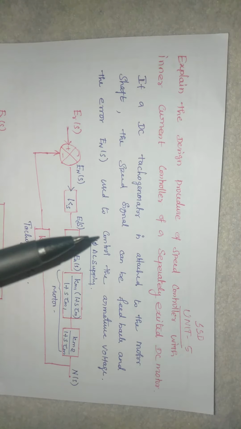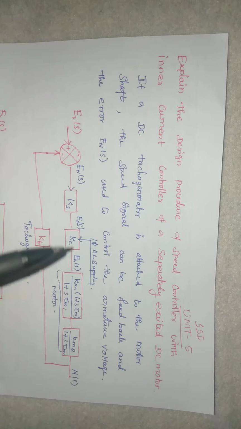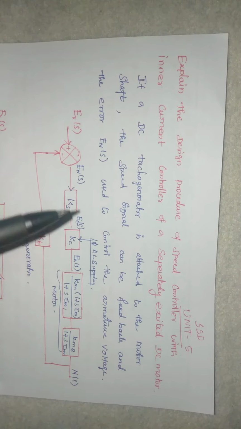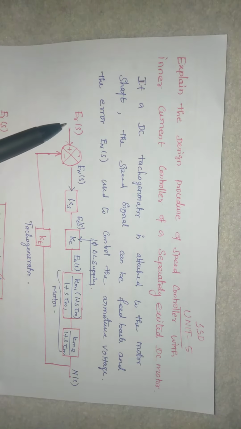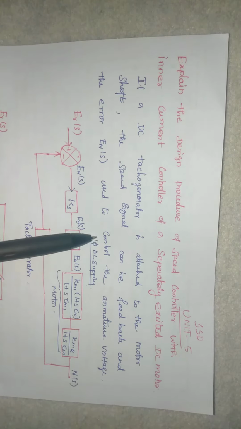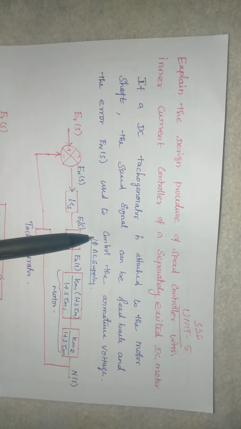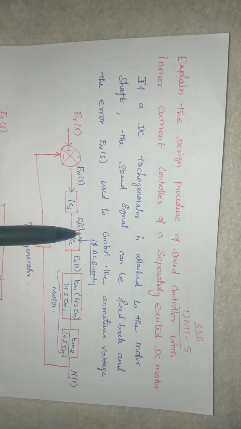But the 230 volt AC supply is controlled by a converter which has a gain Kc, and then that controlled voltage is given. On what basis is the controller working? There is a firing angle control. How is the firing angle produced? Based on some value, which is called the reference speed. So if we take the reference speed as ERS, the main supply is the single phase AC supply.